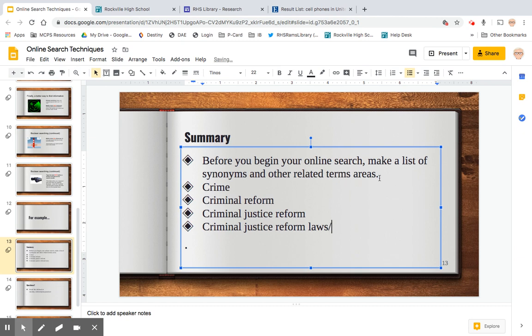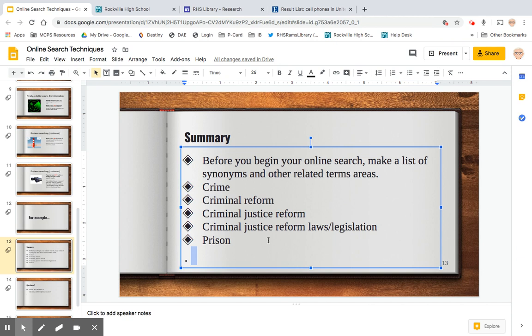What's another word for laws? Legislation. That's another word you could search for. Let's see. What's another word for jail? Talk about crime, and how about prison? And you can probably take prison and go up here and do prison reform laws, or legislation. So if you have search term options, you'll get better results because you're empowering the internet to go out and search for different things,